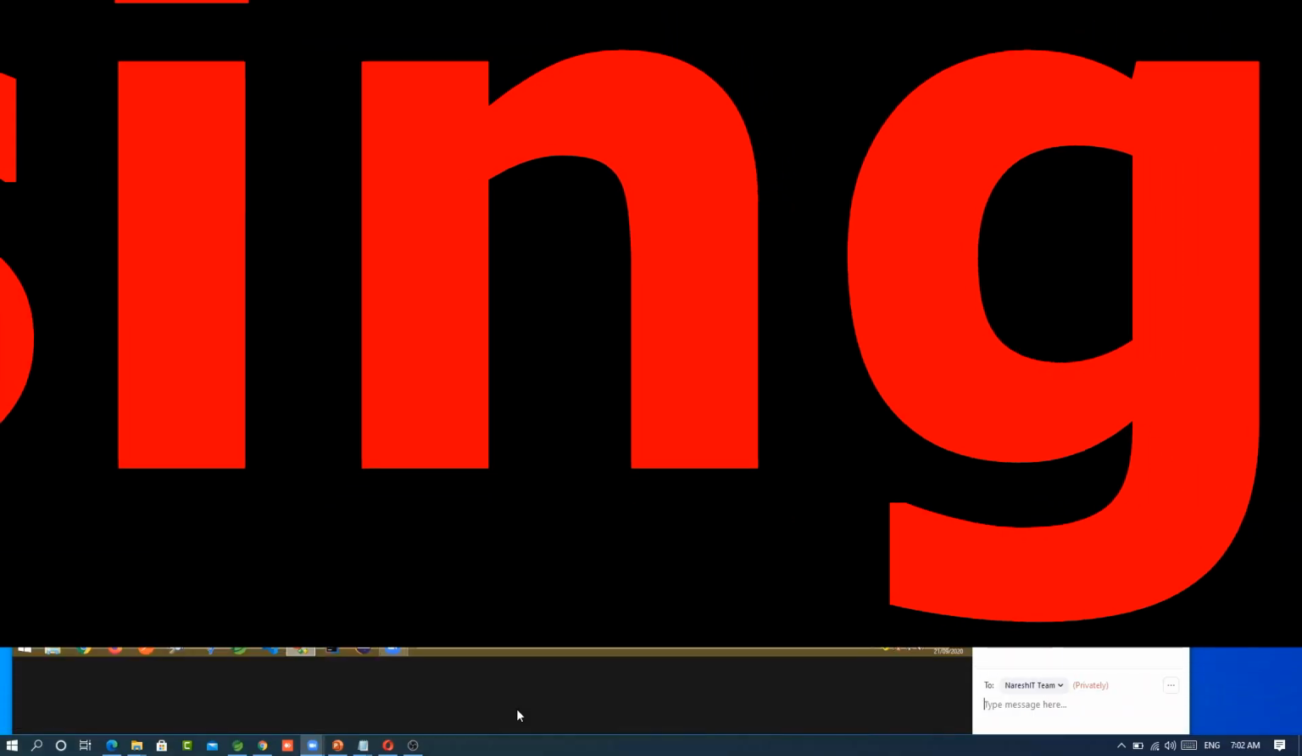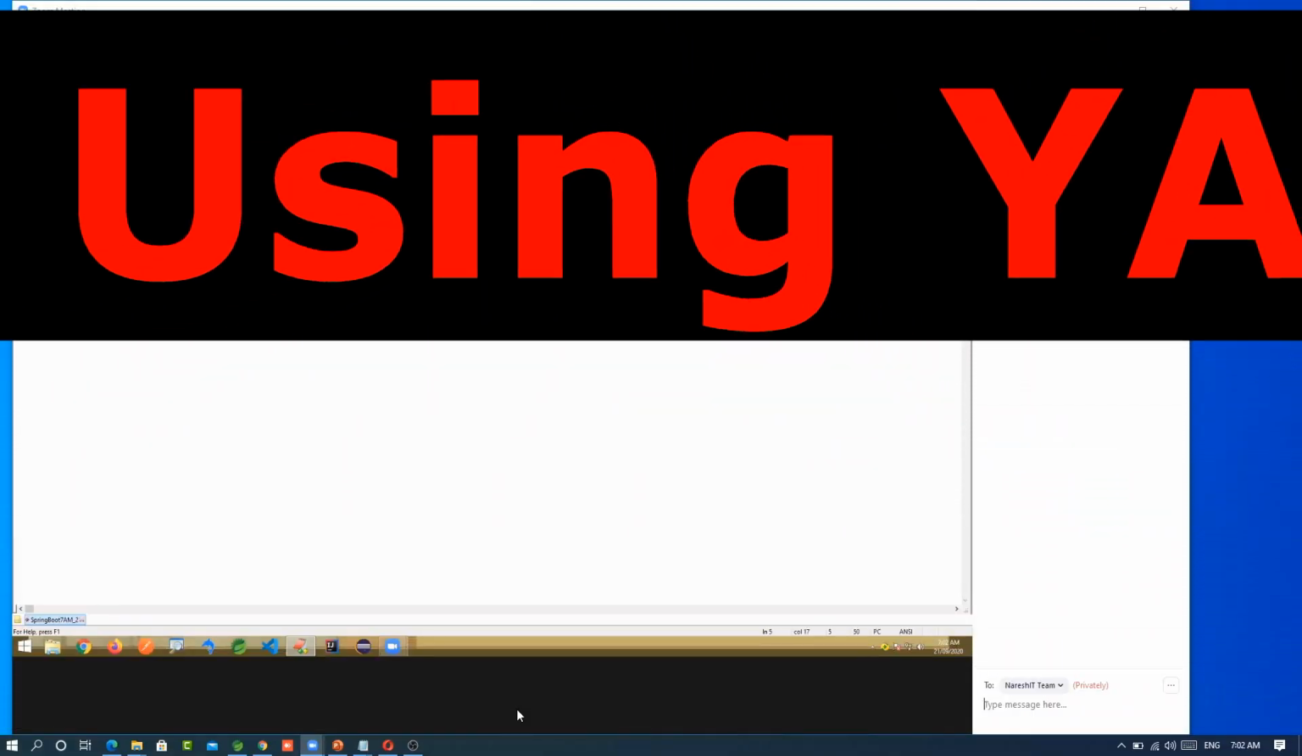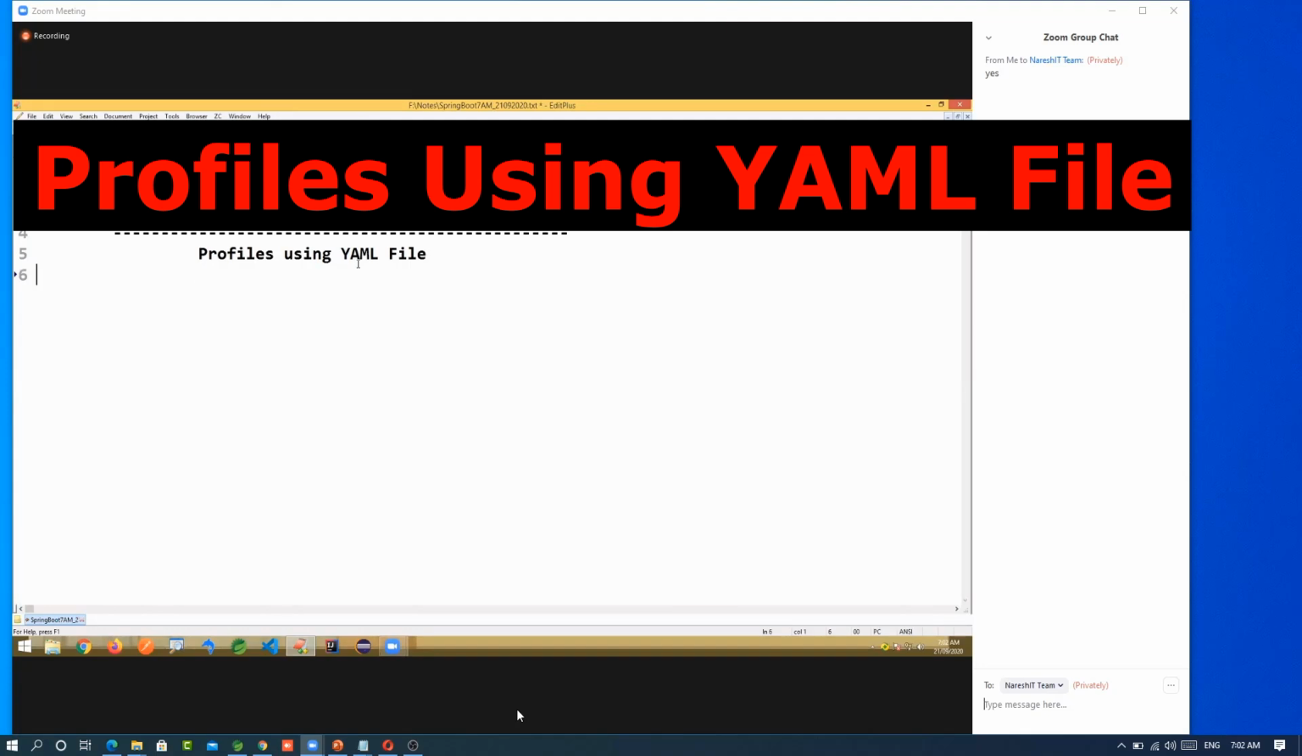Profiles using YAML file. Here we can write in two different ways: using individual YAML files or a single YAML file. We have two concepts here also. One is multi YAML file, as with the properties file, which you created by using a syntax called application